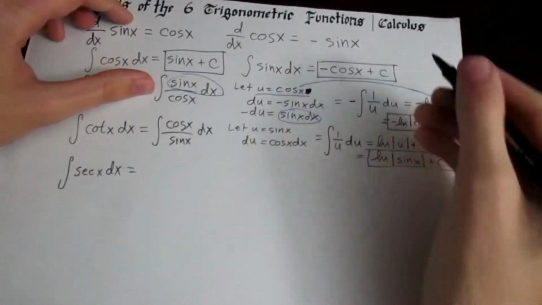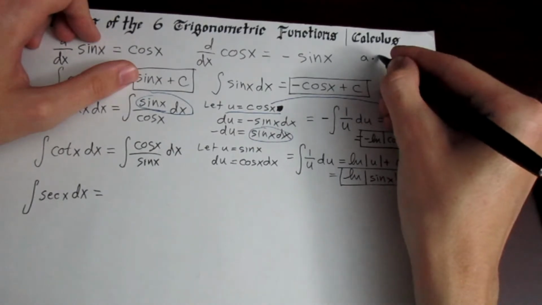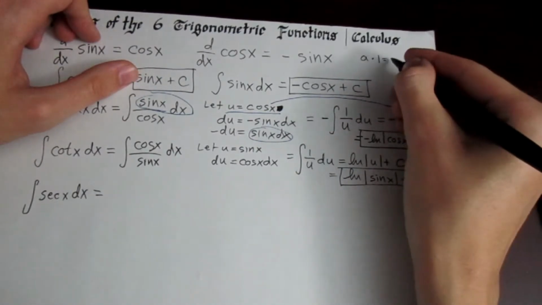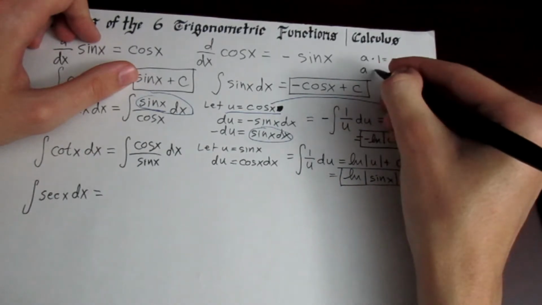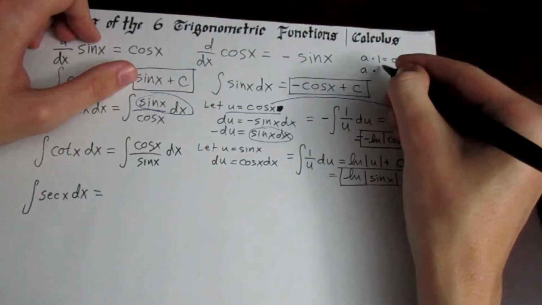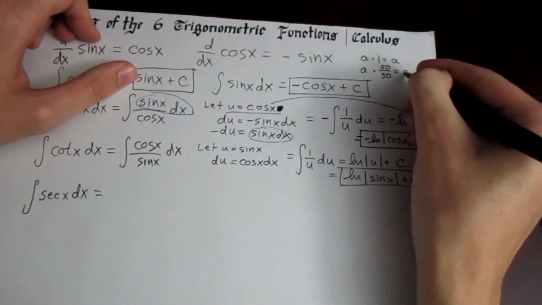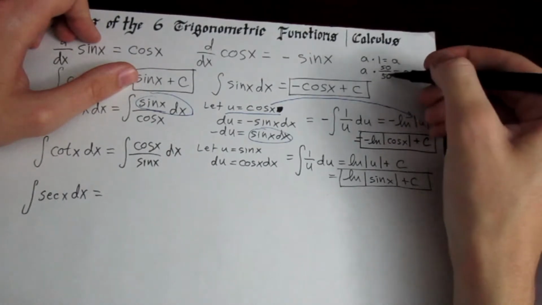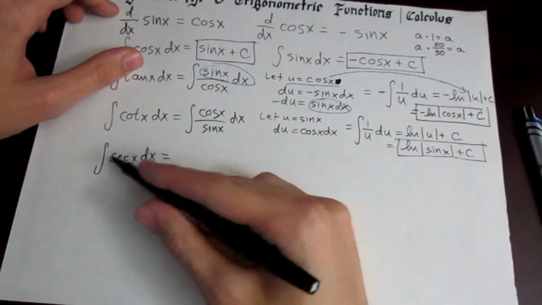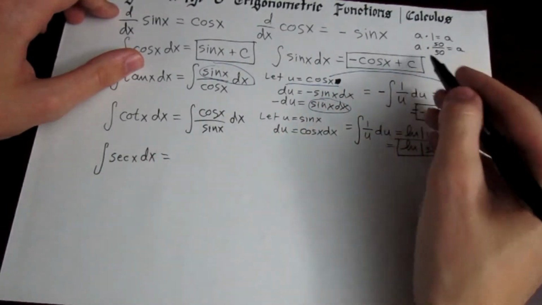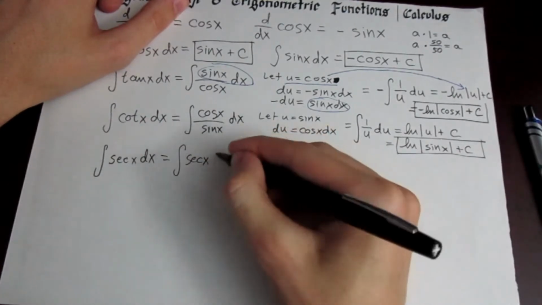Notice that if we take something arbitrary, like an a, and we multiply it by 1, that's going to equal a, right? So 50 over 50 equals 1. So we're going to multiply this by 1, but a special type of 1. The integral of secant x times